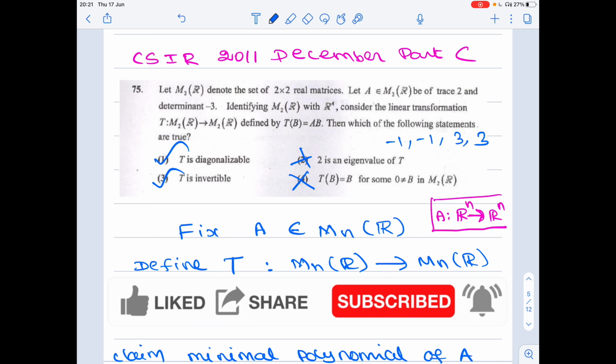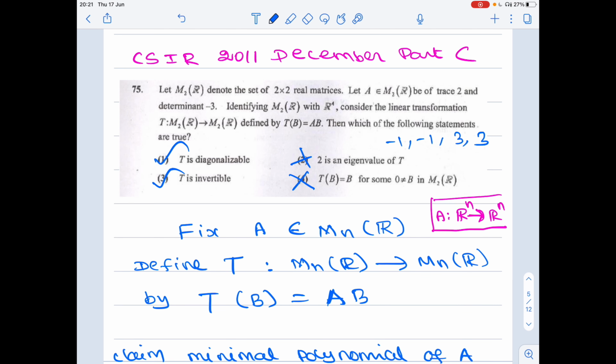So, this is a simple problem, but we have given a detailed answer because whatever we learn in this problem, we proved as many results for general Mn of R. That is the important thing. So you can apply this to more general questions. This time they ask about M2 of R, next time they ask the same question in M3 of R, and you can do it because we know the answer for Mn of R now. On the way we also talk about a lot of linear algebra, so all these things are important and will be useful in other problems also. That is why I am giving such a detailed solution to all the problems.